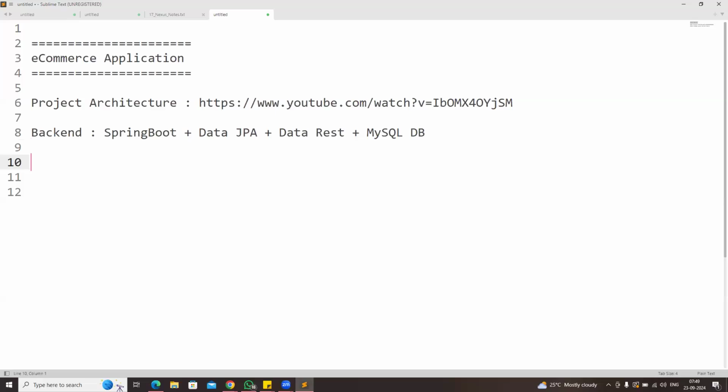Okay, and finally deployment will happen in the AWS cloud. That is fine. And we are having the front end of the application. That front end is Angular 17 version we are going to use in order to develop this application. So in our